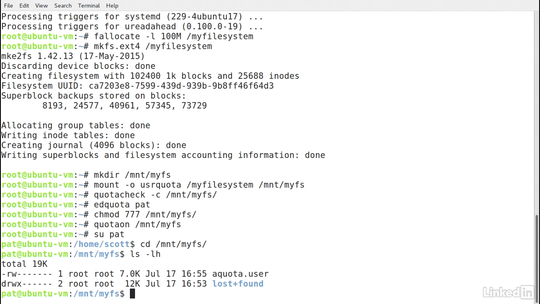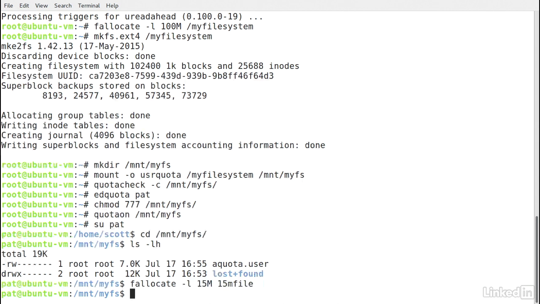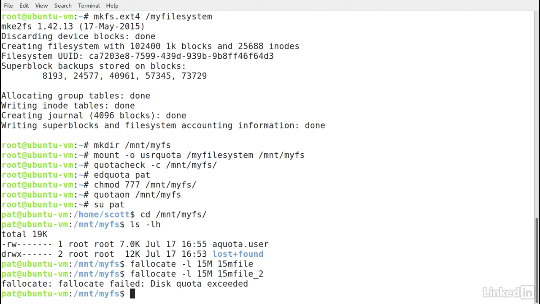There's nothing here, so I'll create a few files with fallocate -l, and let's start out small with 15 megabytes. So far, so good. Let's try again with another 15 megabyte file. And there's the limit. This user can't consume any more space on this file system, but they could still write